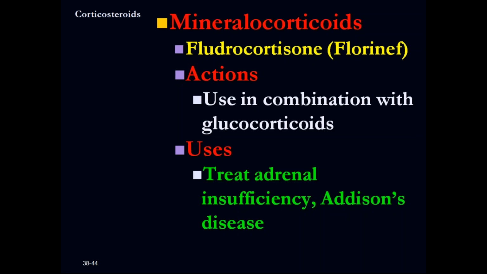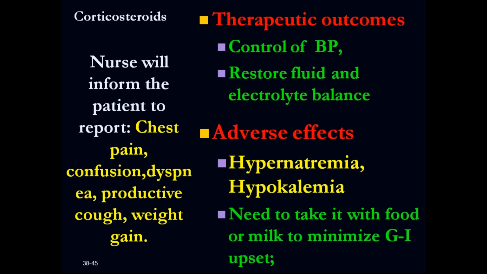Addison disease is adrenal insufficiency. The causes are some destruction, for example tuberculosis or another infection. So you don't produce anything, so you need to give medication. In this case, fludrocortisone is going to be the replacement treatment for aldosterone. All right, so therapeutic nursing. So here we have the signs,